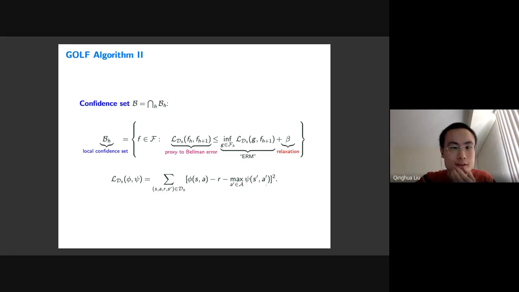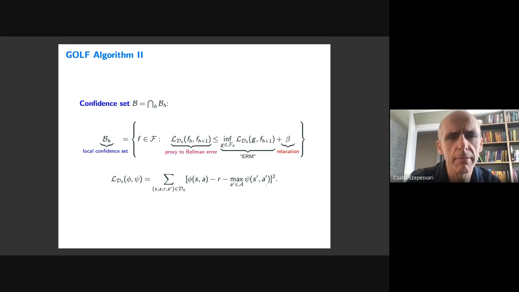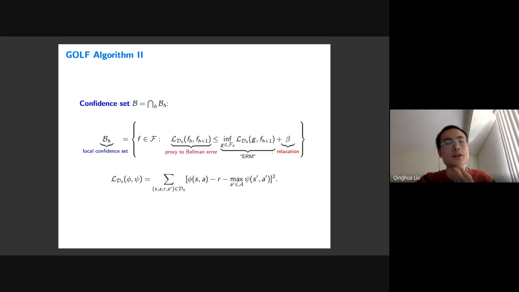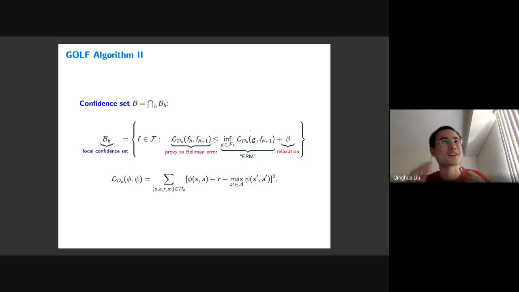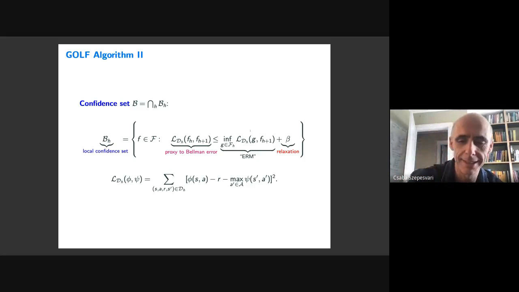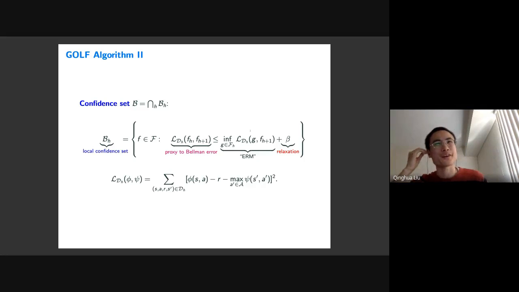Go ahead. So if you wouldn't have realizability and completeness, errors would blow up exponentially with the horizon? So if I don't have... sorry, are you saying completeness or realizability? You choose. Oh, okay, so sorry, my question, but yeah. Sorry, my earphone has some echo, so sometimes I cannot hear it clearly.